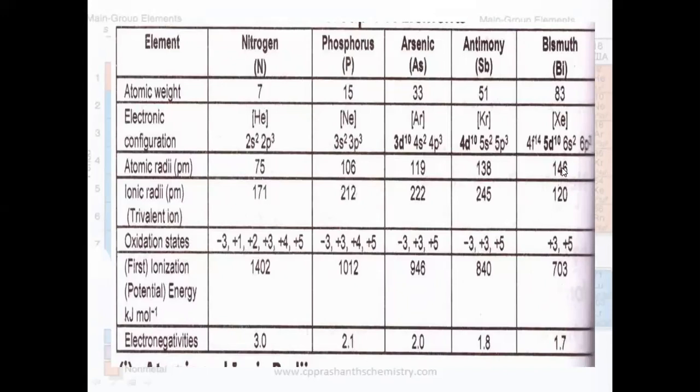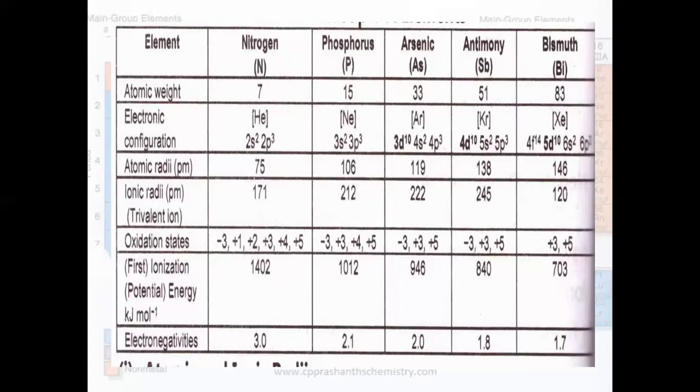This is again on account of the addition of electrons to a new shell. The ionic radii also go on increasing, and for bismuth there is not much increase. I have mentioned the common oxidation state is +5. Again, the ionization energy, the IP value for nitrogen, which is small in size, the first member of this series, is the highest ionization potential because it is small in size.